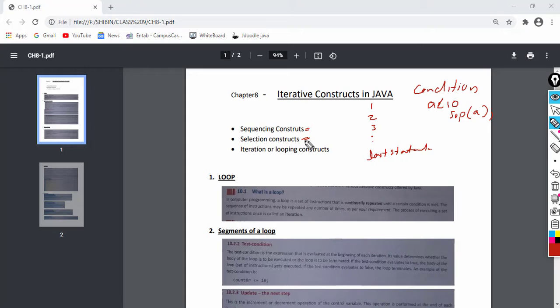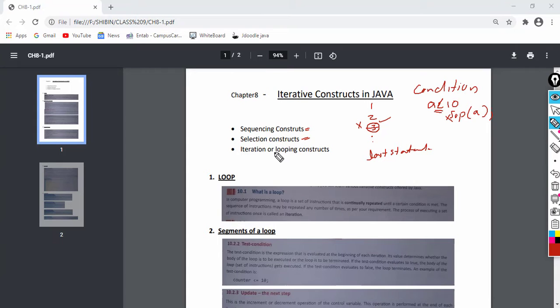In selection constructs, we are executing a statement only when the condition is true, otherwise we will skip this statement. Suppose statement 3 only needs to execute when a condition is true. When the condition is true we will execute statement 3, when the condition is false we will skip statement 3. That is known as selection constructs.